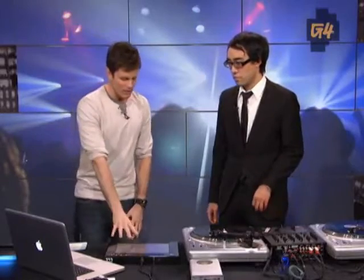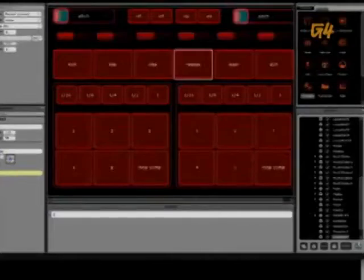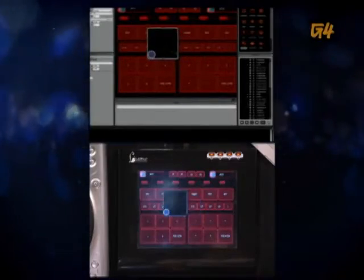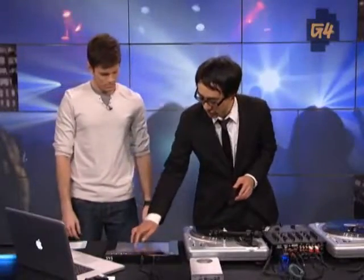How easy is it to make the interface that you have here? It's pretty simple. You just drag the objects from the sidebar onto the interface. And what can I do with a function like this? You can assign effects to it, so it's like a...